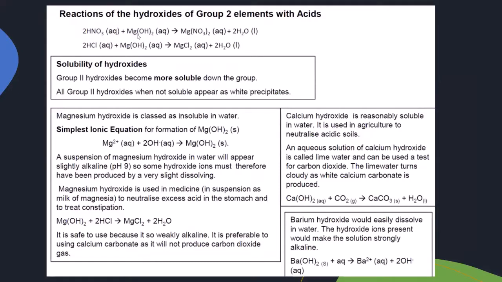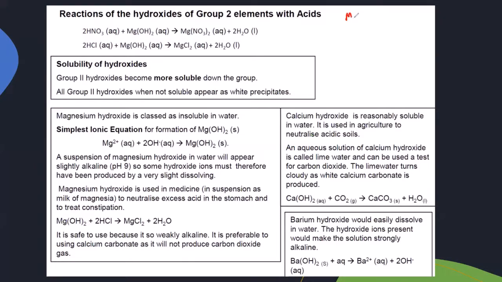Then reactions of hydroxides. First you have to learn the reaction of the metal, then their metal oxide with water and with acid, and the third one is hydroxide. So hydroxide or alkali, when they react with acid, results in a neutralization reaction which forms salt and water. Now, solubility of hydroxides: we observe they become more soluble as we go down the group. So for example,